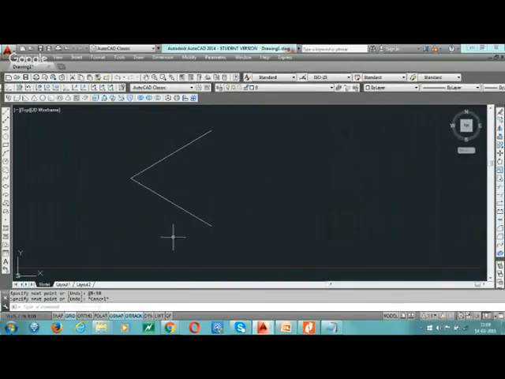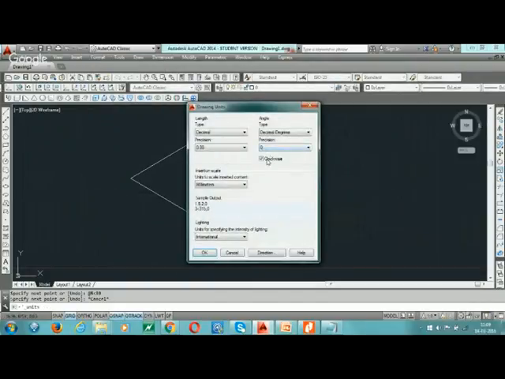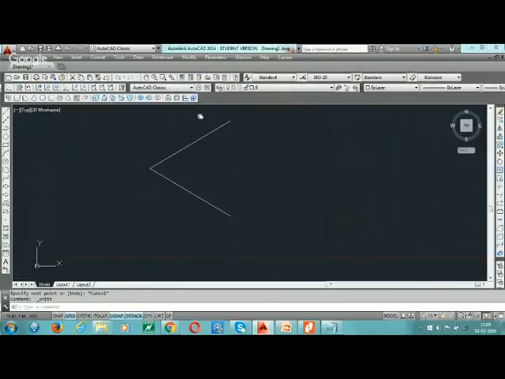This is a difference in units. If we use clockwise direction, positive we can. If we want anti-clockwise, we can. Go to Format, Units command and again anti-clockwise. This is our polar coordinate system.